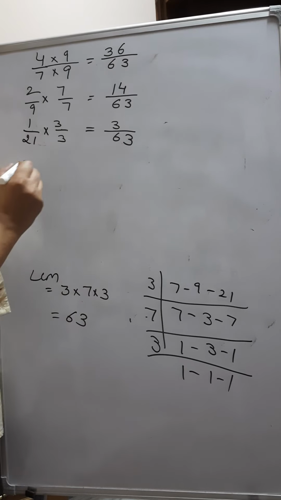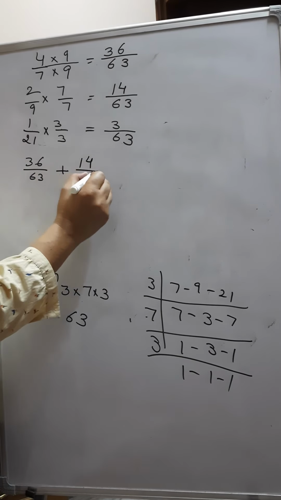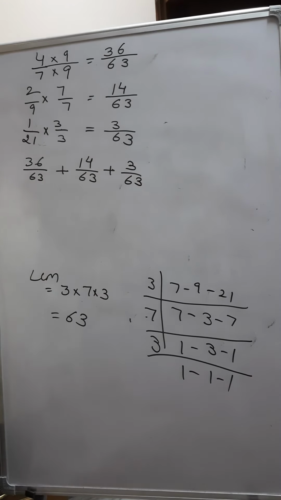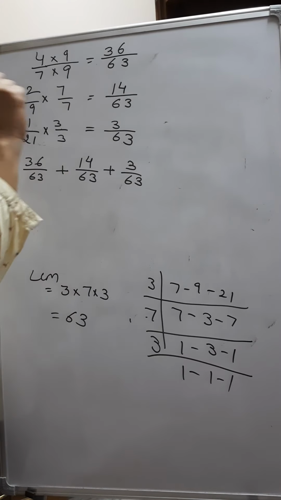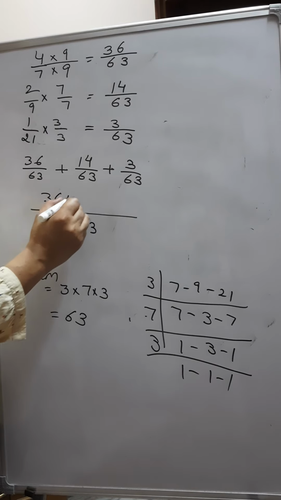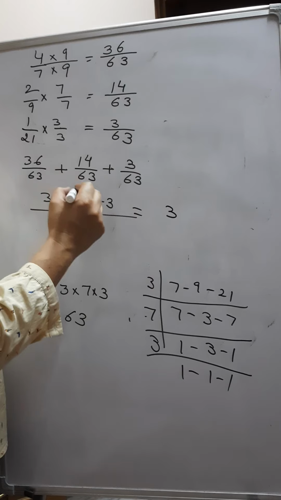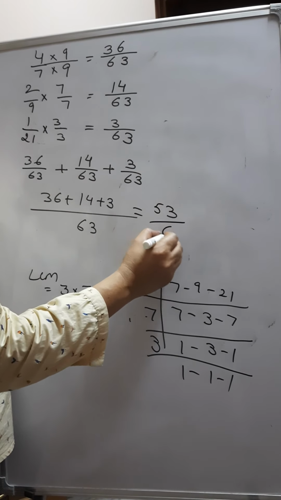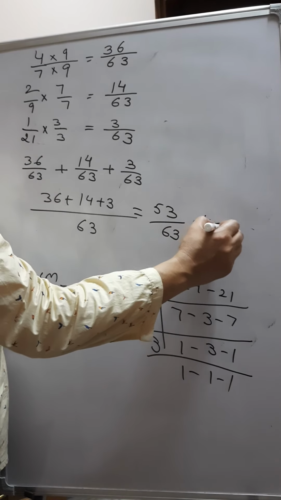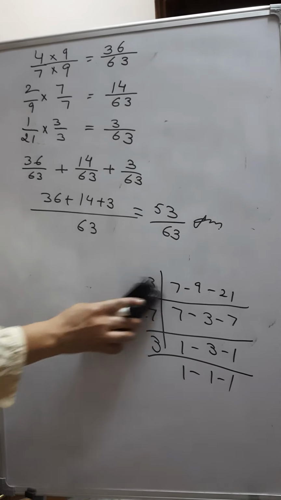Now the question becomes addition of 3 rational numbers with the same denominator. This is the first type. You can write the denominator and then add the numerators. This is your answer. I hope that you have understood all the concepts,